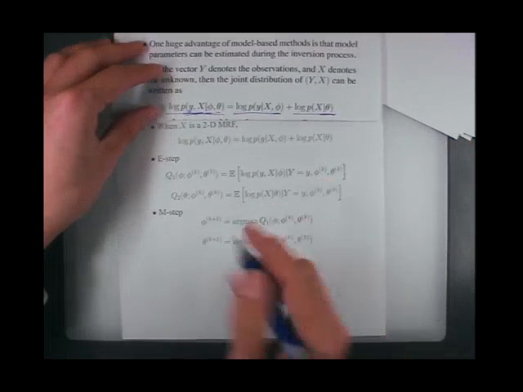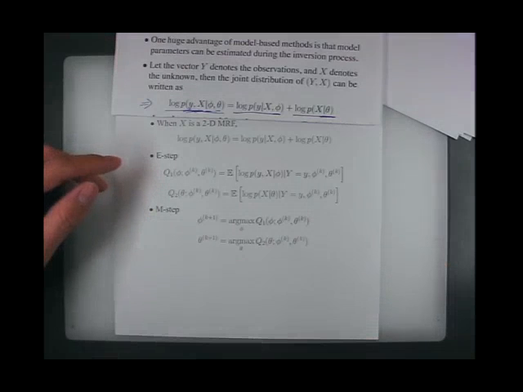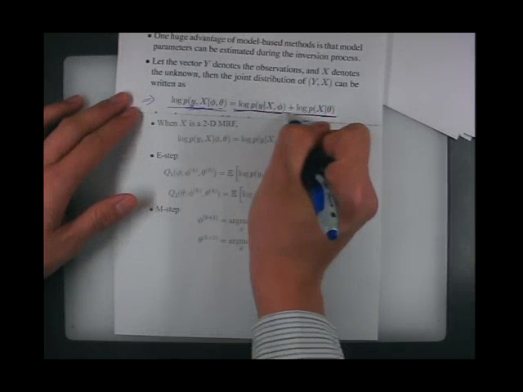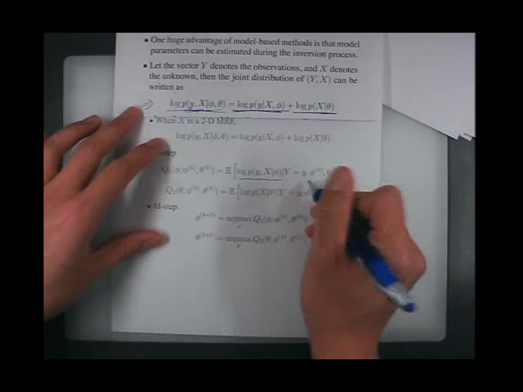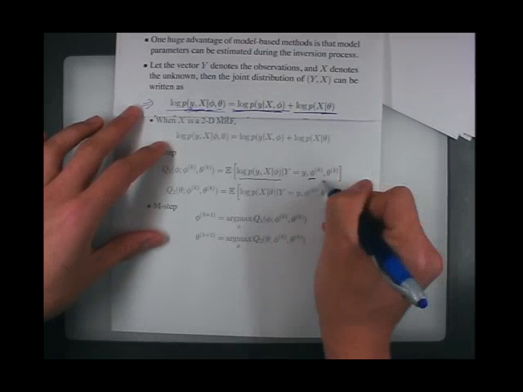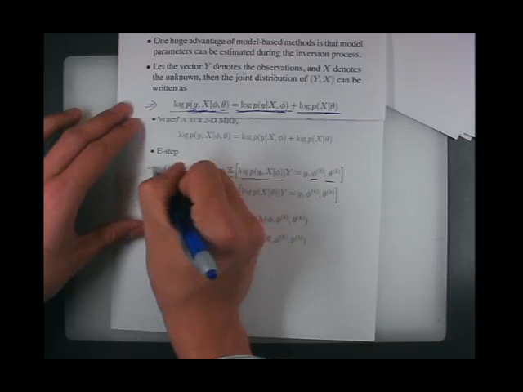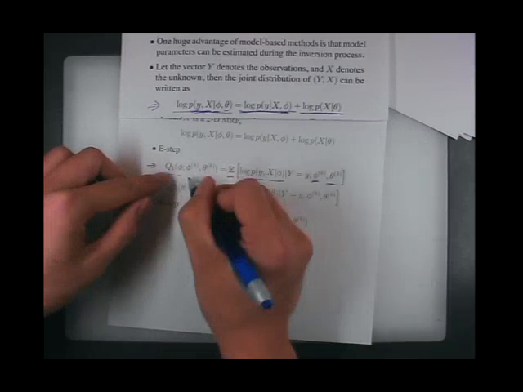I'll show you two steps implicitly here. The first step is we are trying to estimate phi. The second term here has nothing to do with the parameter phi. The only important term is the first term here. Therefore, first of all, we calculate the so-called log likelihood, using the given phi k and theta k. We calculate the expectation, and we obtain a function Q1, which is a function of phi, given values phi k